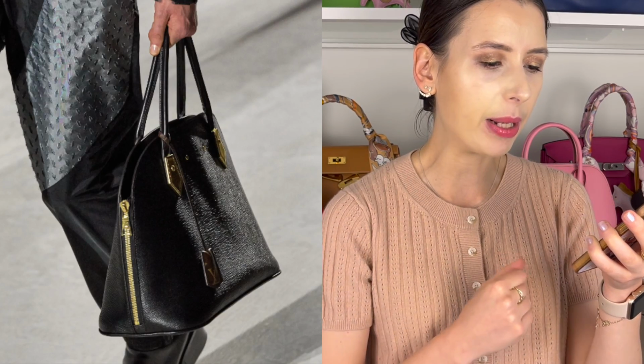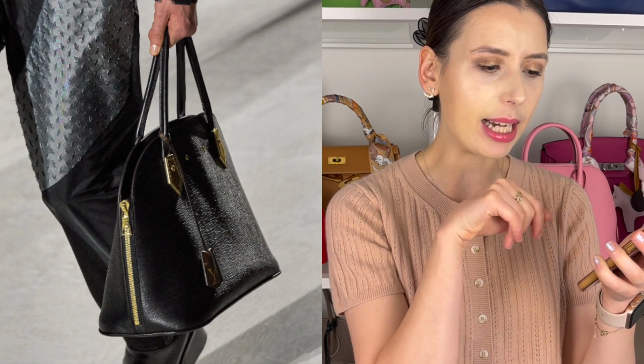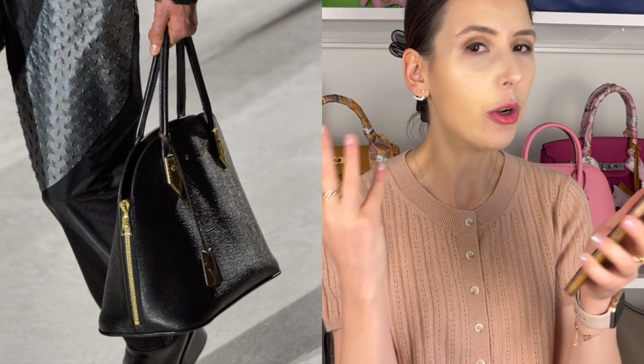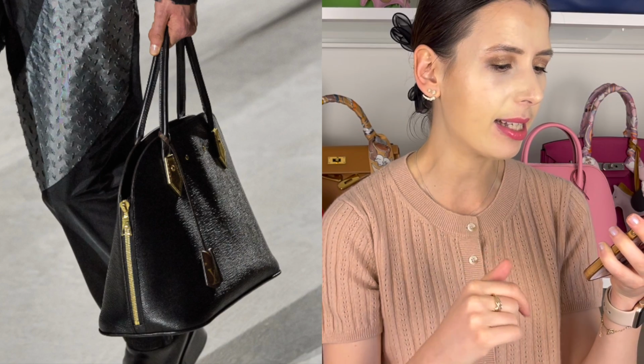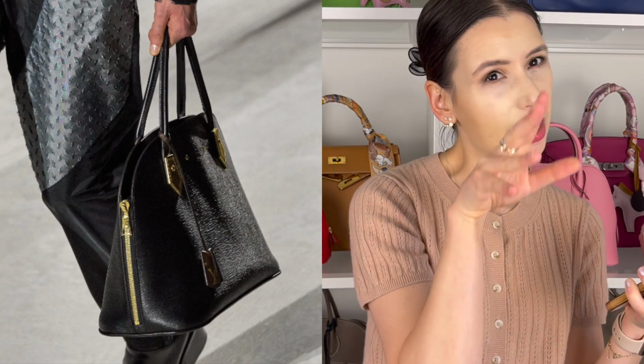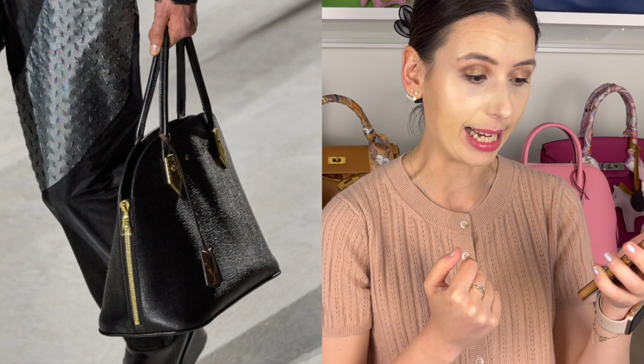Another Alma bag, but this one is a little bit different because, as you can see, the handles are a lot more exaggerated and the zipper detail is a little different and the top of it is a little bit more open. And I know that the Margot bag from The Row has been very much talked about on social media at the moment, but it's giving me that similar vibe of the open top with the fastenings at the sides and the long handles, which is similar to the Margot, but yeah,